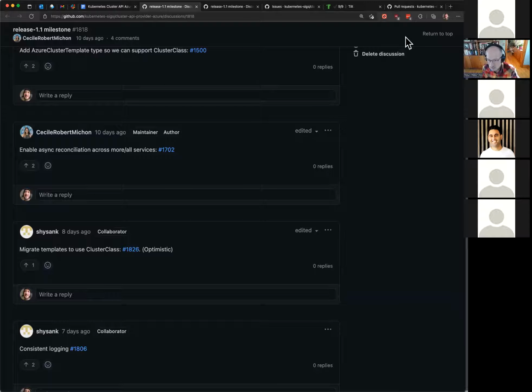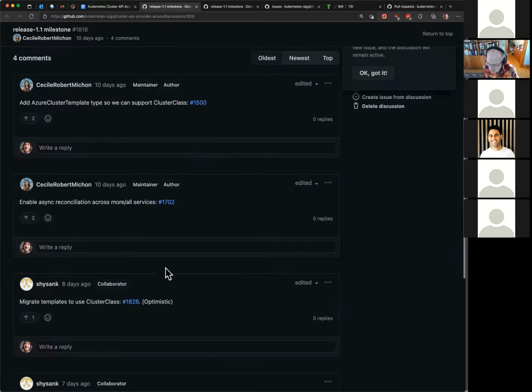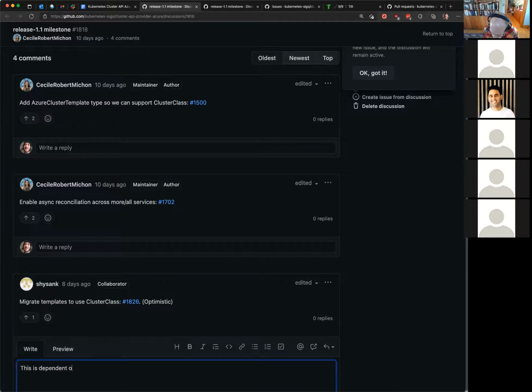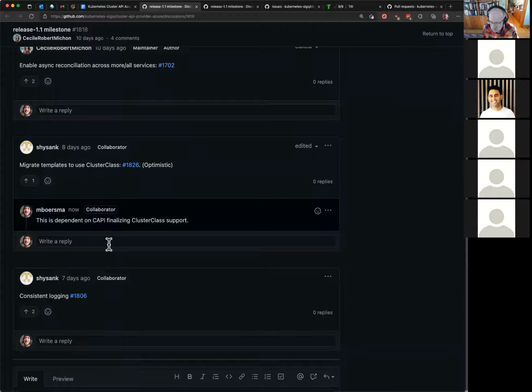Just one thing on the cluster class is that we are dependent on CAPI merging the patching functionality before we can actually migrate the templates to cluster class. Okay. Just maybe put a comment here. This is dependent on CAPI landing cluster class support. It's not totally in our control, but